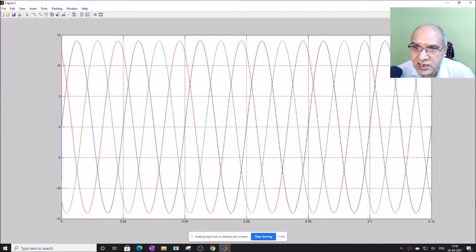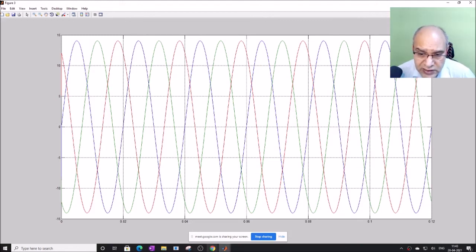You can see these currents, these are ISA, ISB, ISC. You start from 0 here, the blue color, it goes to a peak of around 14 amps, maybe 13 amps, and it comes down, a perfectly sinusoidal waveform, and this is in phase with the respective voltages. See it here. Similarly, B phase here, the green color, and C phase is the red color.